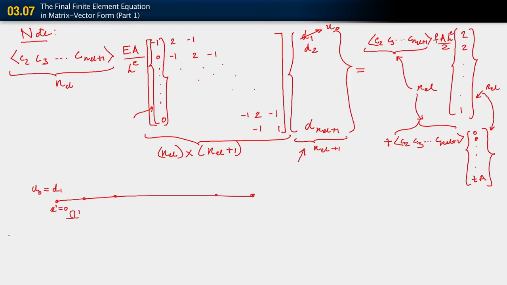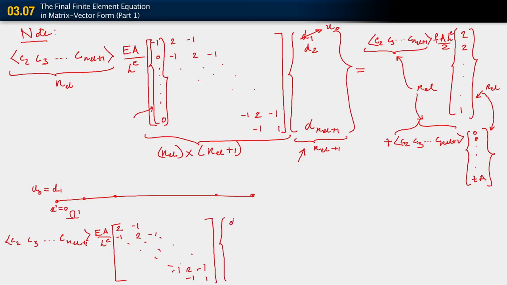So what we will do here is the following. We are going to now write this as C2, C3, up to C_{NEL+1}, times EA over h_e, times the matrix, which is now somewhat simplified: 2, minus 1, minus 1, 2, minus 1, going all the way down to minus 1, 2, minus 1, minus 1, 1. The diagonal is this one, and the upper and lower diagonals are those ones. This thing is multiplying the vector d2, d3, all the way down to d_{NEL+1},